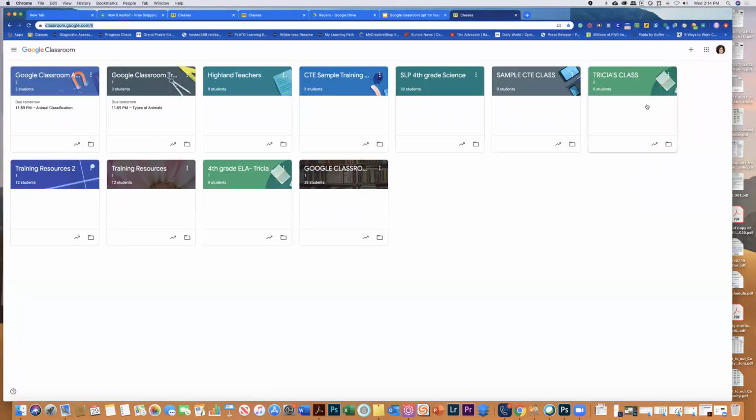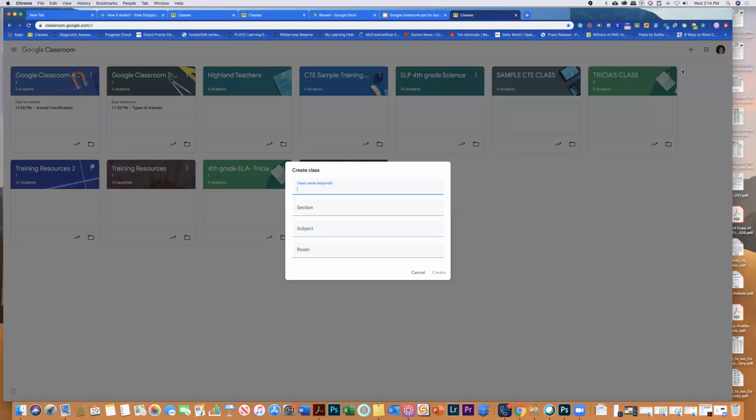As you can see, mine looks a little bit different than yours, maybe not. But anyway, in any case, remember that plus sign I was telling you about? It's right here at the top right of the screen, all right? Since you are the teacher, you definitely want to click on the plus sign and click Create Class, all right? So remember, once you do that, it's going to ask you for a class name. So I'll type in Google Classroom,